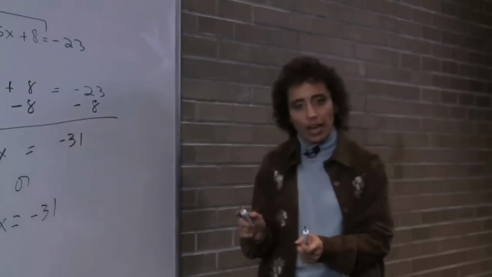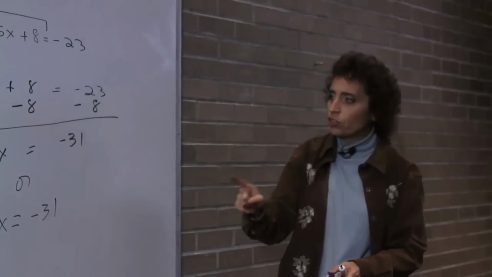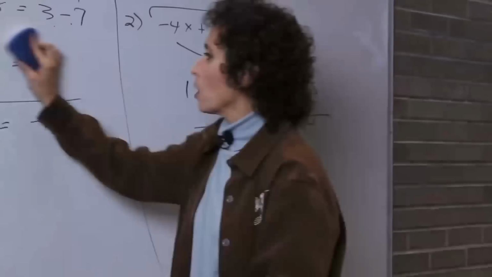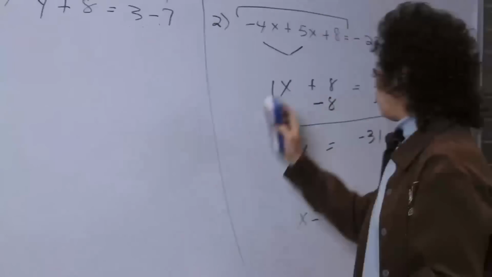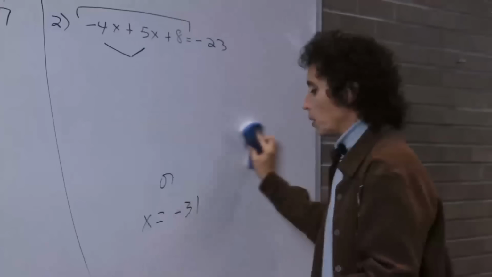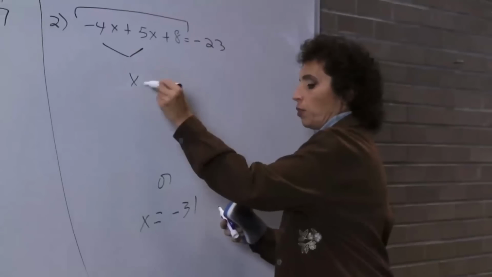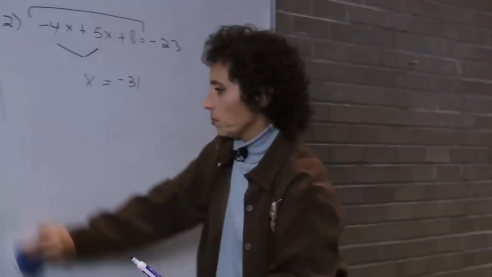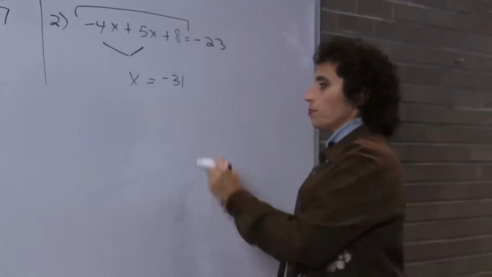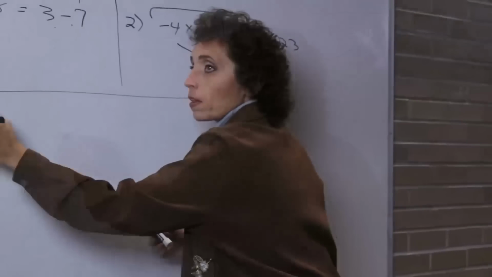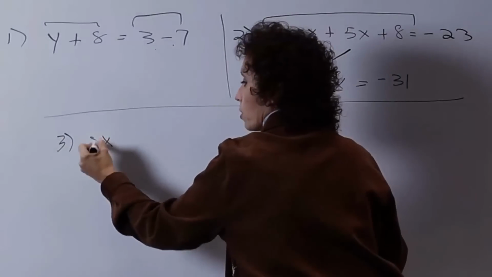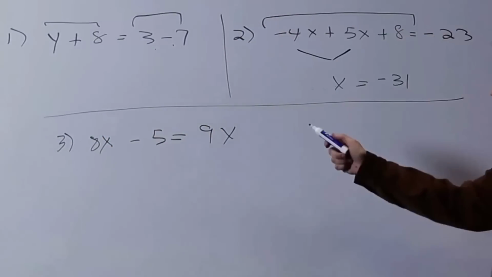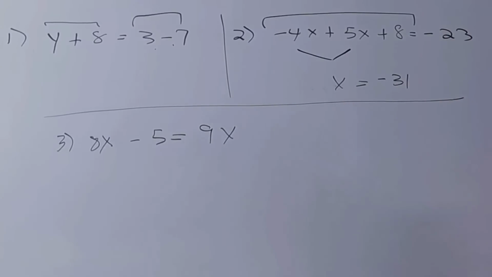But before I check that, I want you to compare these two equations to this third one. So I'm going to erase the answer here. And I'm going to erase all the work here, but I'm going to leave the answer because I want to check that for you in a minute. So let me compare these equations to this next one. 8x minus 5 equals 9x. Is this the same or different as these two? Let's take a look at that.